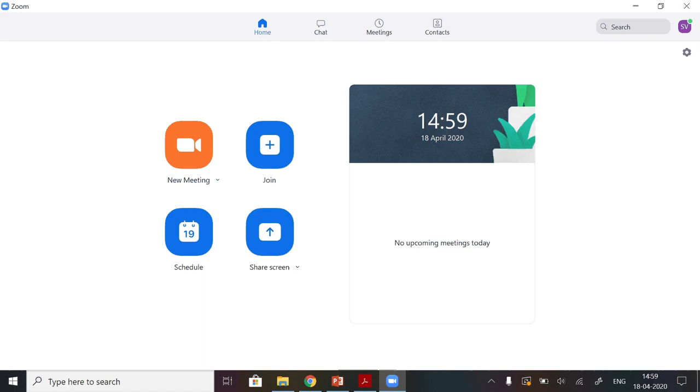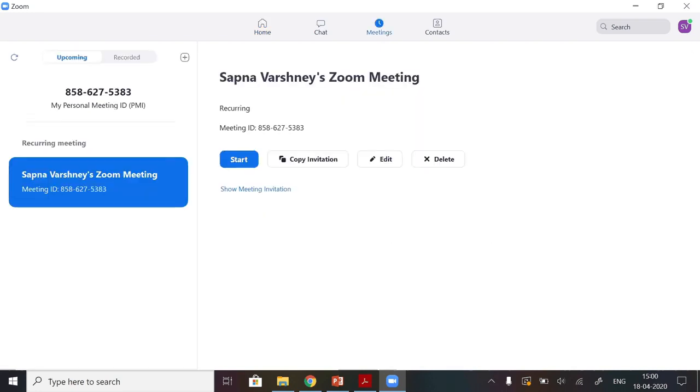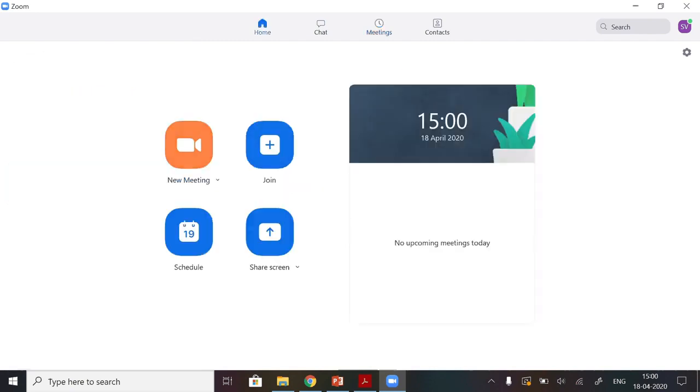Sharing in Zoom. Zoom allows for screen sharing on desktop, tablet, and mobile devices running Zoom. To explore more on sharing screen, let us start a meeting. Either a new instant meeting can be started by clicking on the new meeting button in the home tab, or go to the meetings tab and on the left hand side select one of the scheduled meetings and click on the start button. Let us go to the home tab, click on new meeting to start an instant meeting.